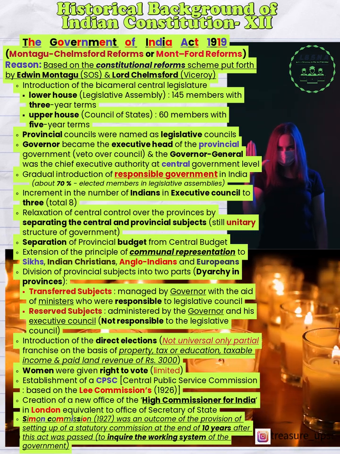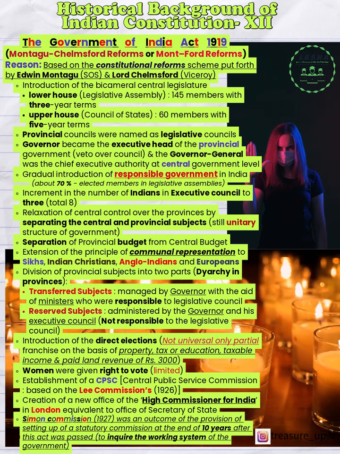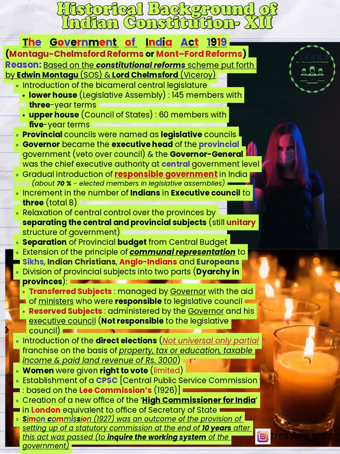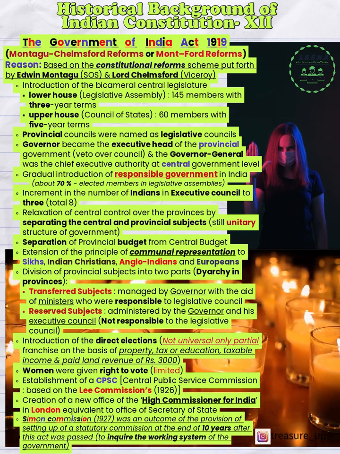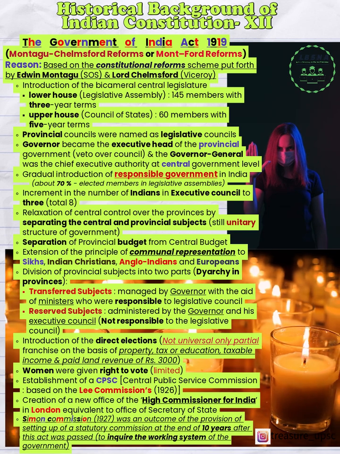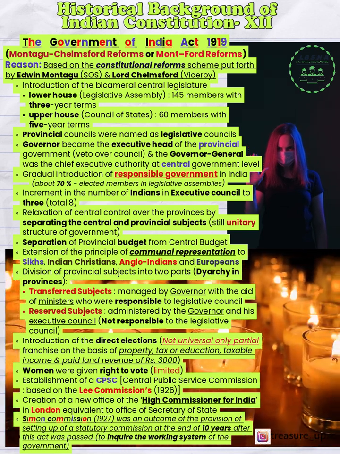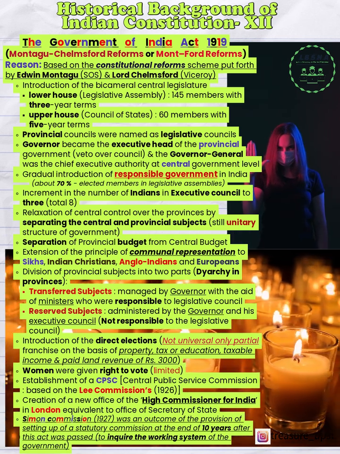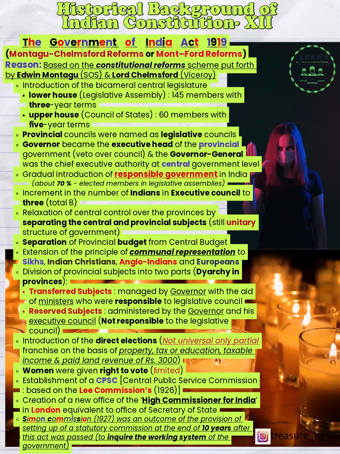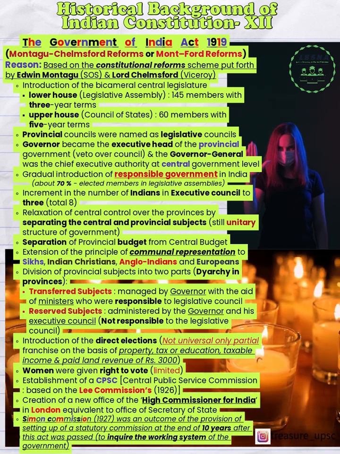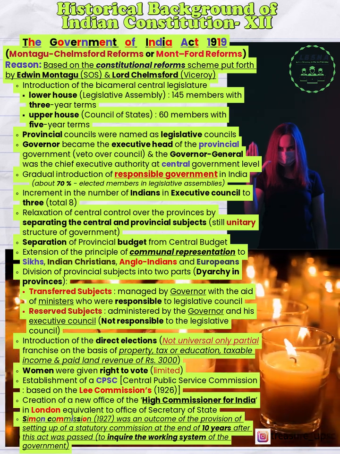Bicameralism or two houses were created at the central legislature. First of them was Lower House, now Lok Sabha or Legislative Assembly, which contains 145 members. Second was Upper House, now Rajya Sabha or Council of States, which contains 60 members. The members of Lower House had tenure of 3 years, while the tenure of members belonging to Upper House was 5 years. Under this act, the provincial councils were renamed as legislative councils, and the governor became the executive head